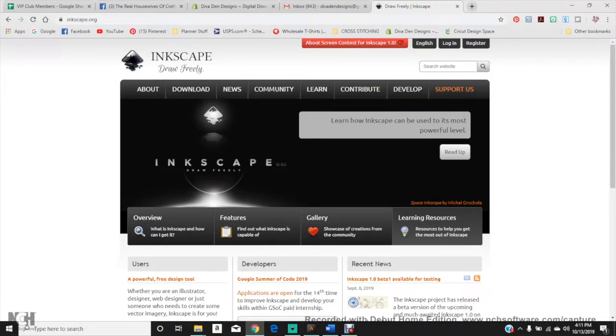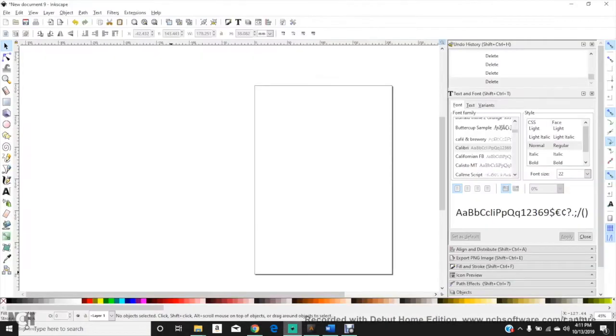So the first thing you want to do is get Inkscape, which is a free program. You're going to go to Inkscape.org, go to download, and follow the download instructions. Okay, so then once you have Inkscape, it will open